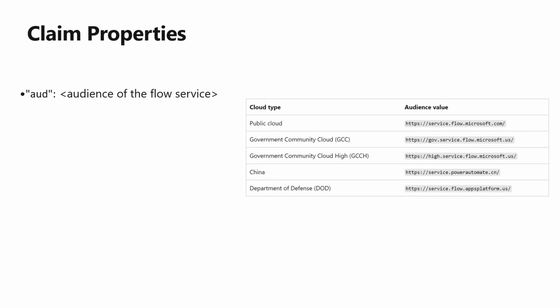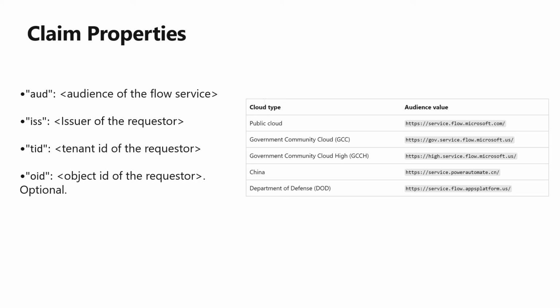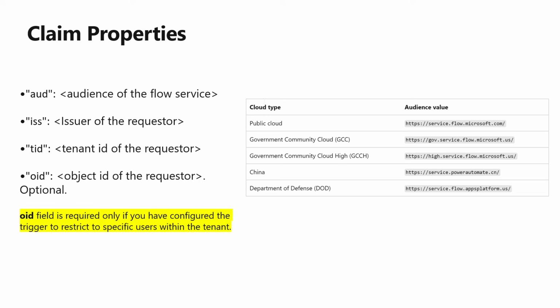If you decide to go with one of the first two options, which means only authenticated users can call this flow, then you have to pass the following claims with your HTTP request. The first one is audience. Sometimes people refer to this as scope. This is one of the most important ones. These are the available values based on the cloud type you're working in. The second one is ISS. It's the authentication provider. The third one is the tenant ID. The fourth one is the object ID of the calling user. This is optional. It's only required if you go with the second option to restrict your flow only to specific